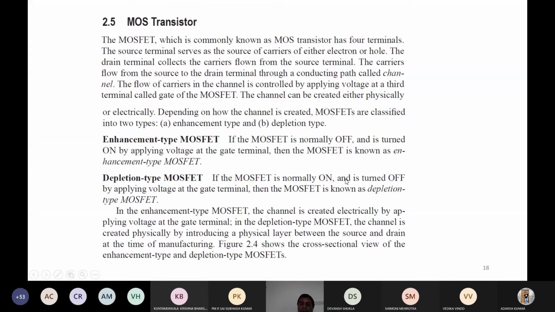Though you have to apply negative voltage. Like if it is an N channel depletion mode MOSFET, instead of applying zero bias for making it off, it is already on, it is not off. But if you apply some negative voltage, then it will become off. Maybe at a certain negative voltage it will become off. So this is why the channel is already present, that we will see in the diagram later on.